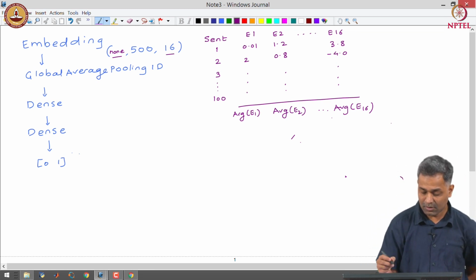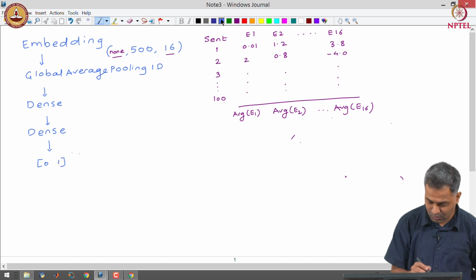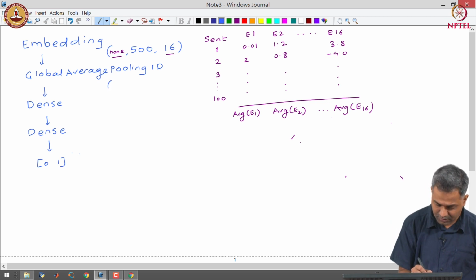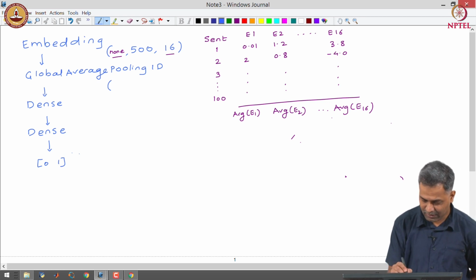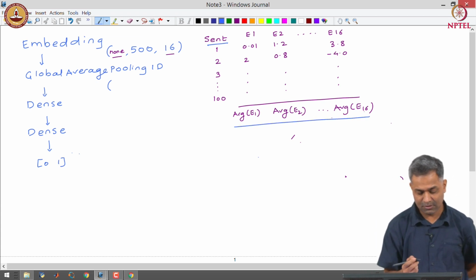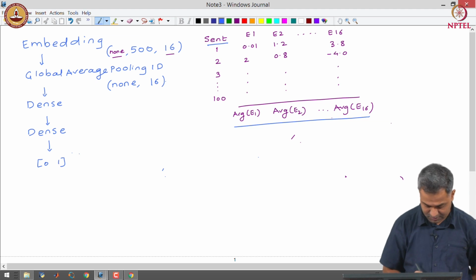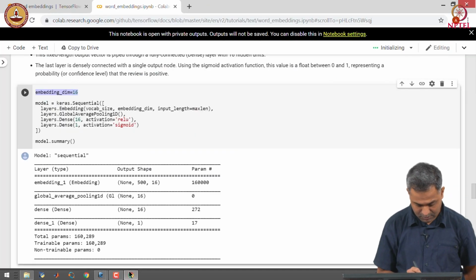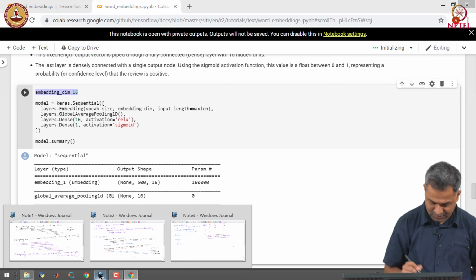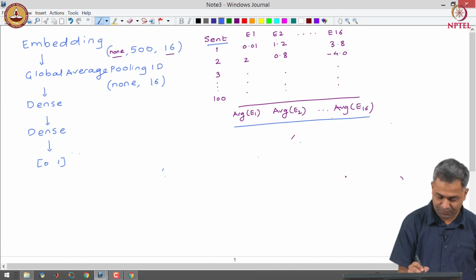So, average pooling returns, for every sentence, 16 numbers. That is the output shape for average pooling.